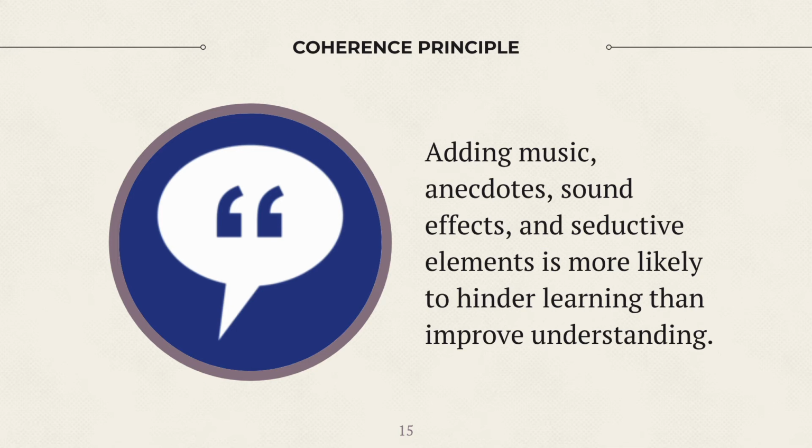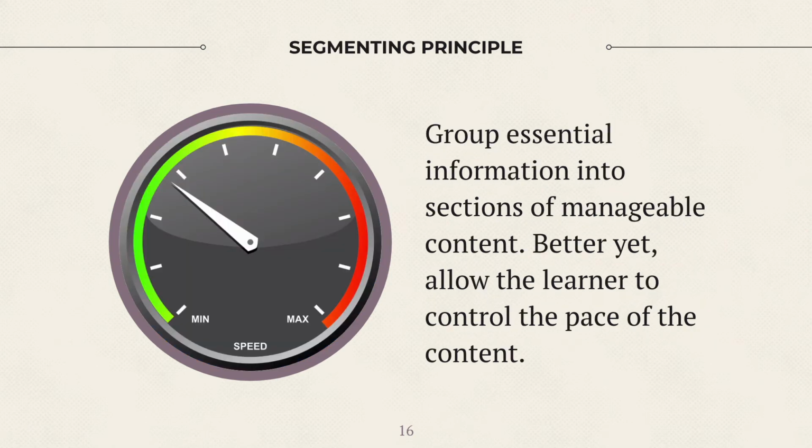When creators add seductive elements like fancy graphics, familiar music, and tangentially related stories, learning transfer suffers because the learner often becomes distracted or hyper-focused on unrelated information. The fifth principle, known as the segmenting principle, speaks to how much information a learner can comprehend and the connectedness of the discussed content. People generally have the capacity to remember 5 to 9 chunks of new information before processing